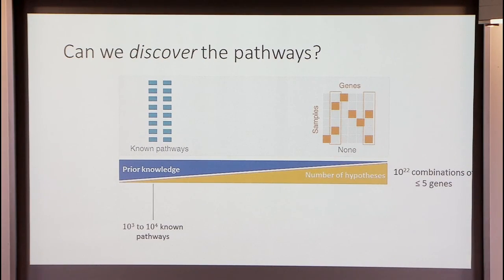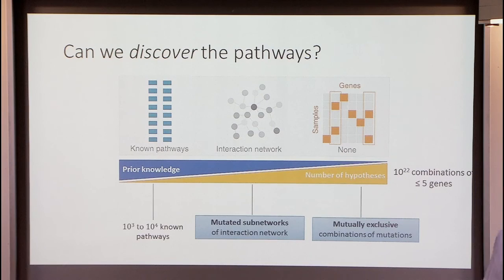So you can't essentially check all combinations, right? You have nowhere near enough data to do that, probably ever, in terms of the number of samples you would need. So is there anything in between these two extremes that we could play around with? People have done this in a number of different ways. I'll just show you two quickly.